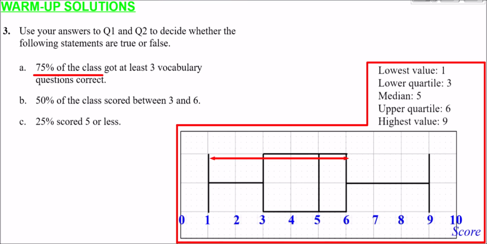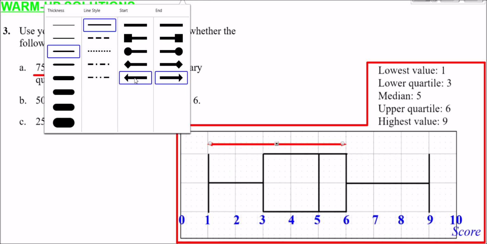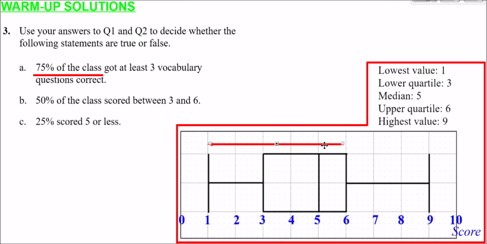Okay, so I've just drawn an arrow in red which shows you the 75% point. In fact, I'll just alter that to like this. So that's what we're after. And so actually it's wrong, because you can see from this arrow that 75% of the class, which is all the values up to the upper quartile, got 6 vocabulary questions correct, because 6 is the value of the upper